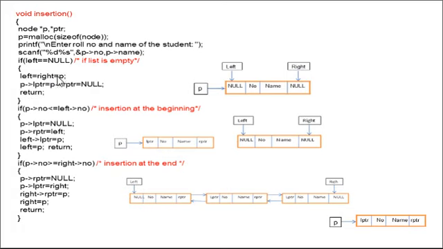If this is not the case, what does it mean? Left is not equal to null. If this condition is false, left is not equal to null means the double linked list contains at least one node. At least one node. So in that case, suppose you want to insert a new node, then there are two cases. That means the double linked list contains one node, and you are going to insert one more node. So the newly inserted node must be inserted before the already existing node or after the already existing node.